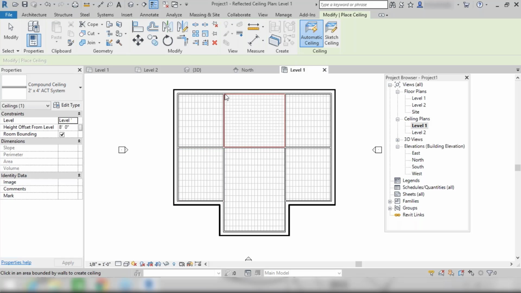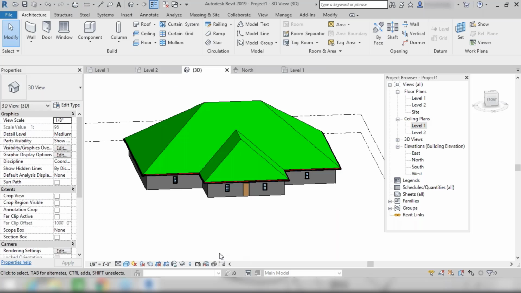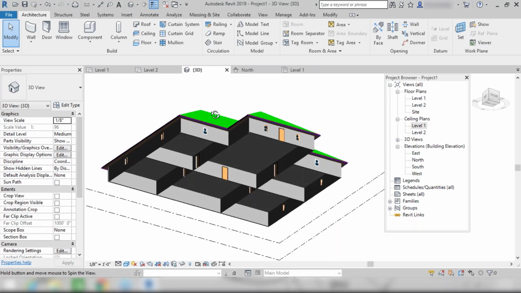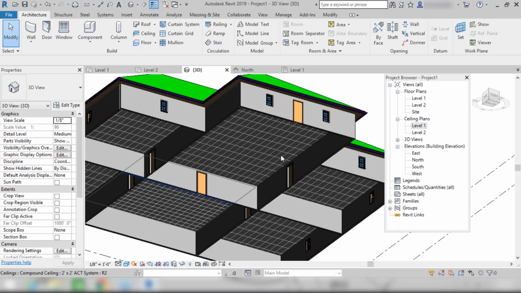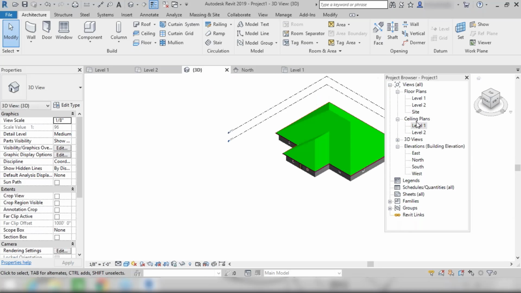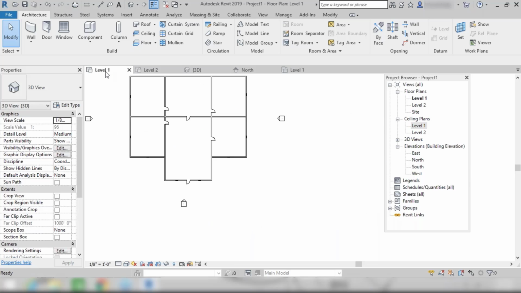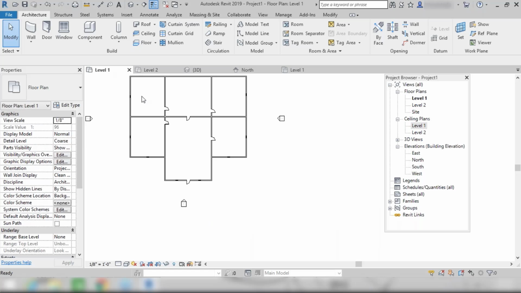So here let me apply the ceiling to these as well, this one and this, right? Once you are done, you can close this. If I go to my 3D view, I cannot see that ceiling, right? If I try to rotate it, you can see that ceiling from the bottom of this particular row, right? This is the ceiling. So if in any case we have applied the flooring as well, in that case it won't be possible to see that ceiling, right?